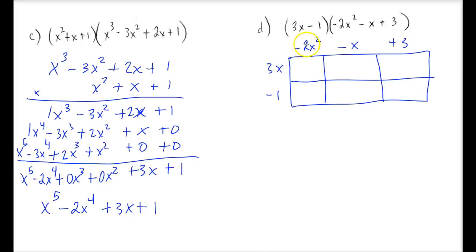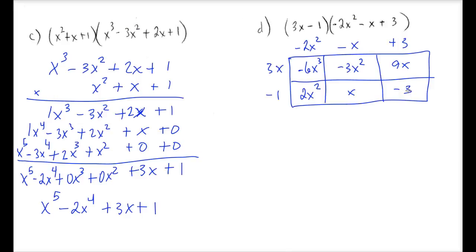And so 3x times negative 2x cubed is going to be a negative 6x cubed. Sorry, I said that wrong. 3x times a negative 2x squared is going to give you a negative 6x cubed. And then 3x times a negative x is going to give you a negative 3x squared. 3x times a positive 3 gives you a positive 9x. Negative 1 times a negative 2x squared gives you a positive 2x squared. Negative 1 times a negative x gives you a positive x,